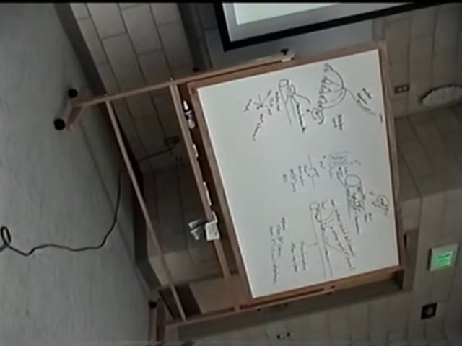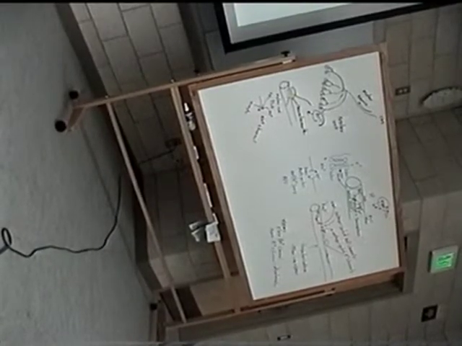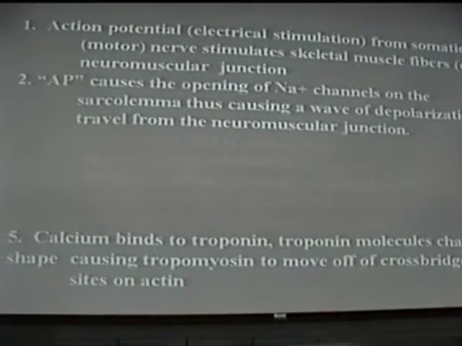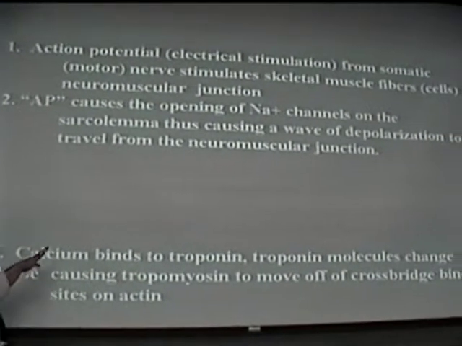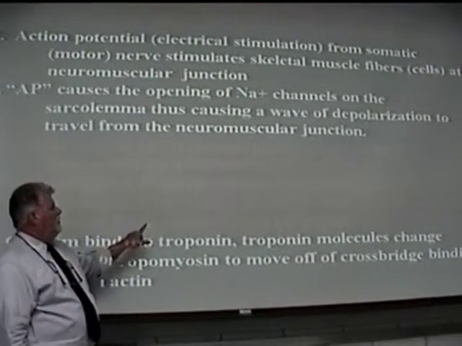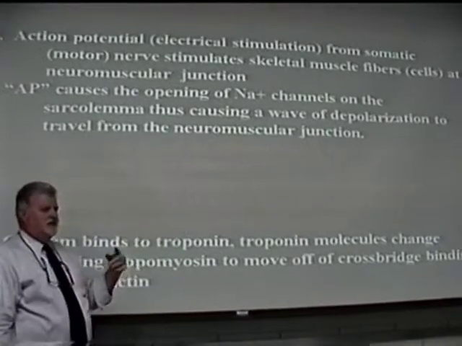As soon as the membrane reaches plus 30, then sodium channels close and potassium channels open. Or we could say activate or inactivate. The depolarization event is communicated deep into the sarcoplasm via the T-tubules. And what we're going to do is transfer the depolarization to the sarcoplasmic reticulum. And we're going to open up calcium channels. So now we have another